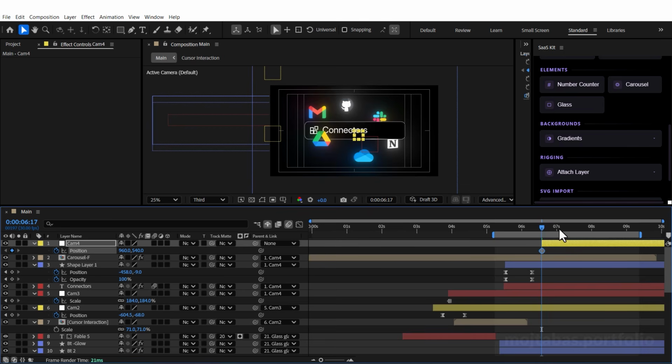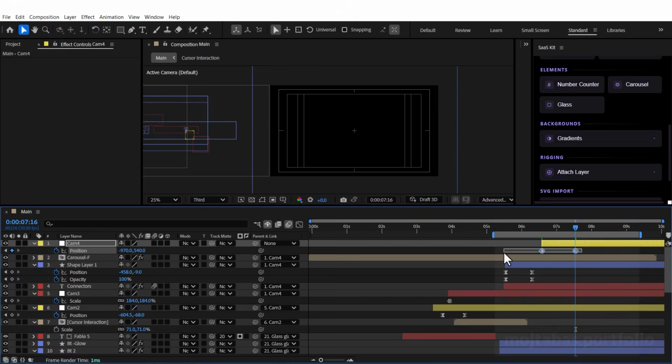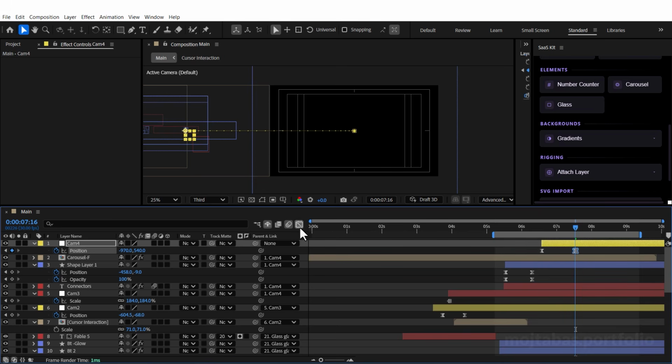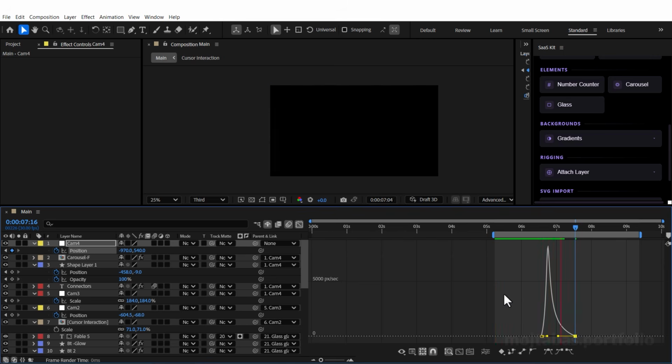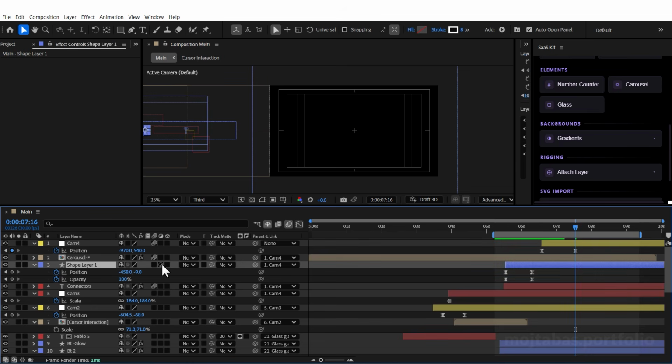I'll animate the null's position and move everything toward the left so the layers smoothly exit the frame. I'll enable motion blur for all the